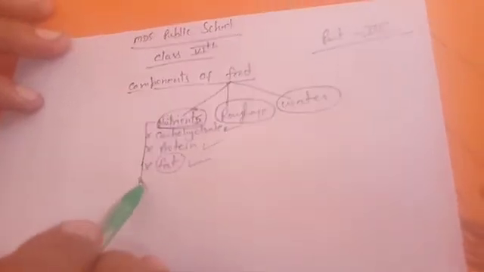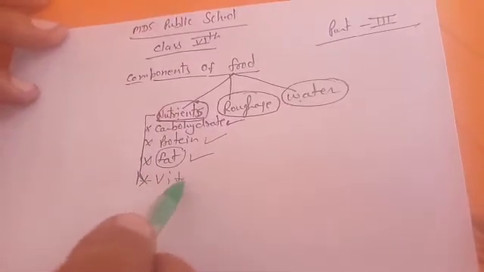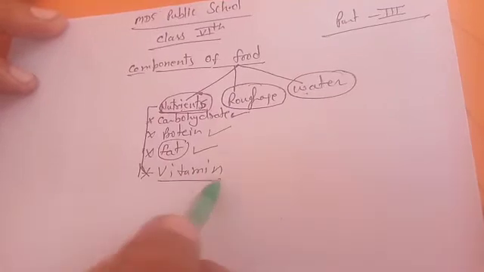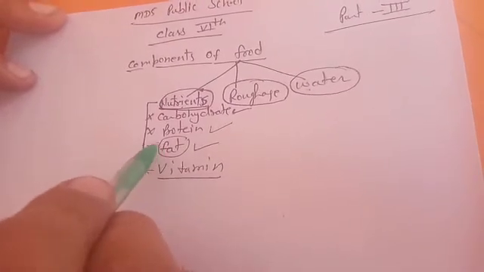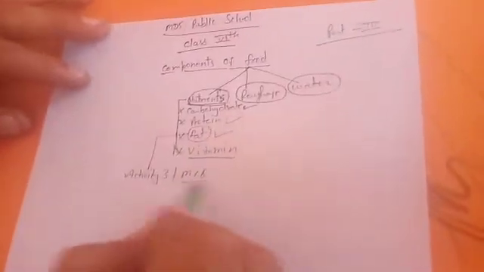For fat, there is an activity I am going to show you. Today we will discuss vitamins, our fourth nutrient. But before that, there is activity 3. I have given you homework and MCQs as well. So 2 MCQs, I am giving you their answers now.